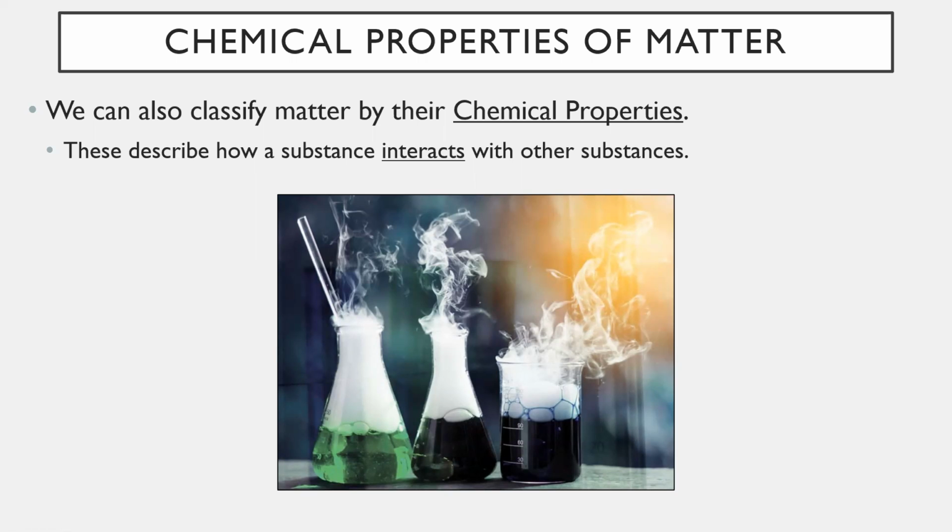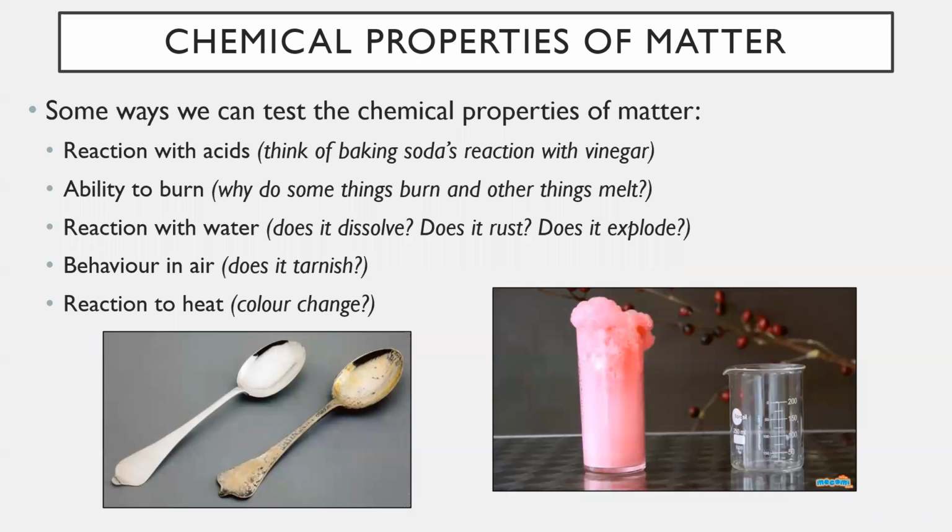These describe how a substance interacts with other substances. So a chemical property has nothing to do with what it looks like or any intrinsic value with it. It has to do with how it behaves with other things. Okay, moving on here. Some of the ways we can test the chemical properties of matter are including these 5